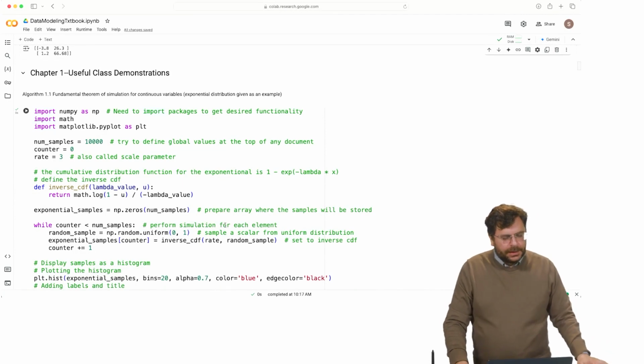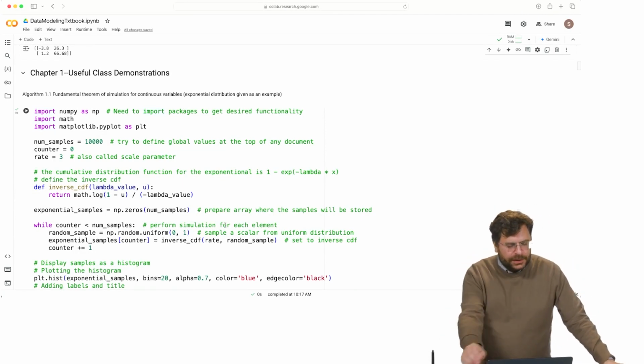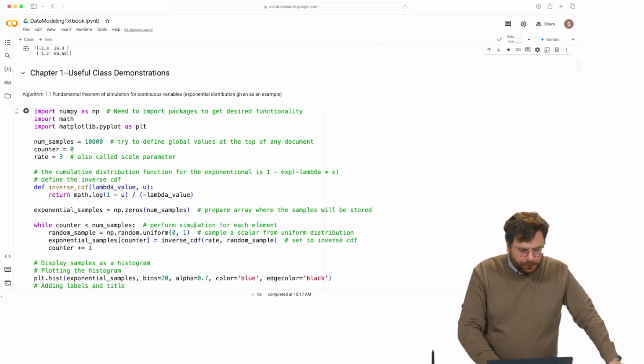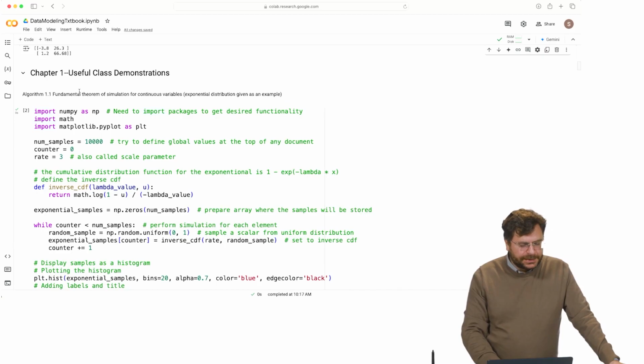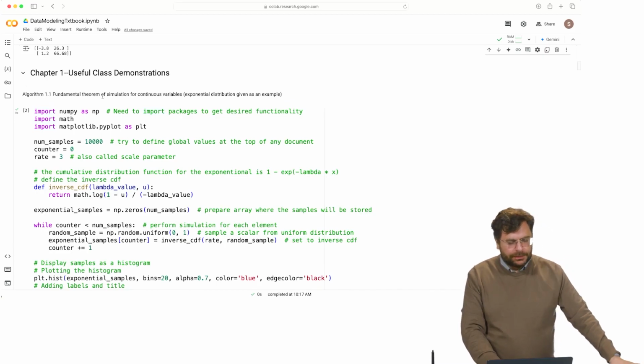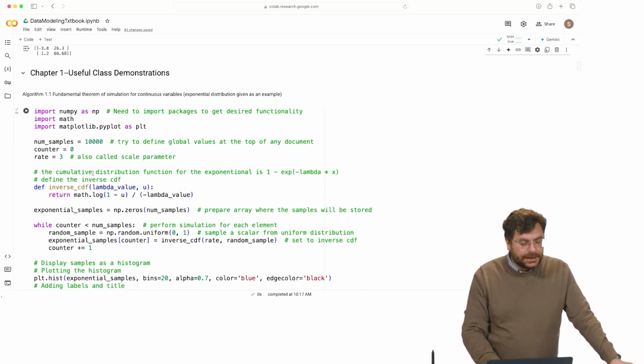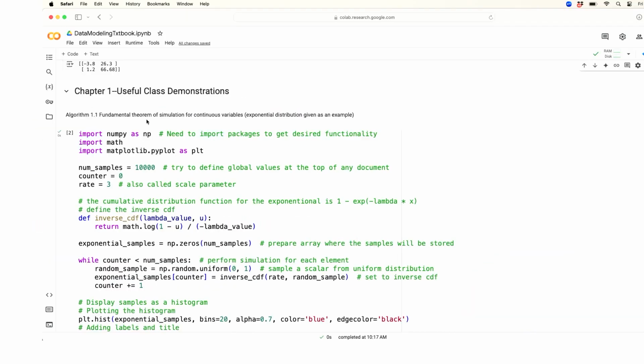Hi everyone. So this video should be watched after you finish watching all the videos in Chapter 1. Briefly, it's a quick demonstration of a lot of the fundamental algorithms that you've seen in Chapter 1. The first one that I'd like to demonstrate is algorithm 1.1, which is how to draw samples from an exponential